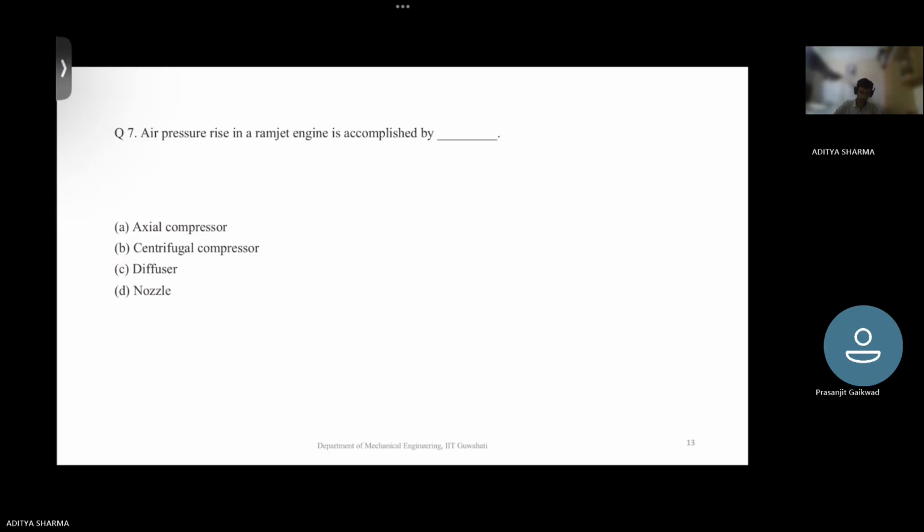So air pressurized in a ramjet engine is accomplished by